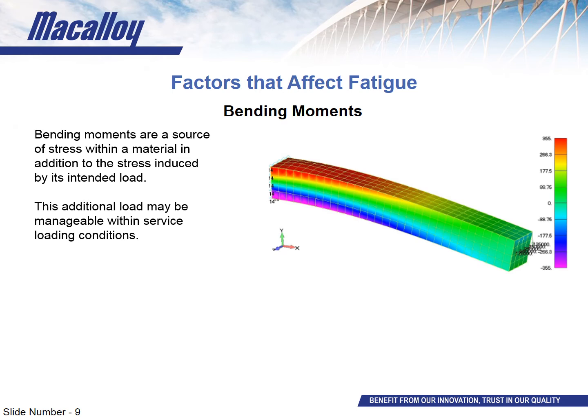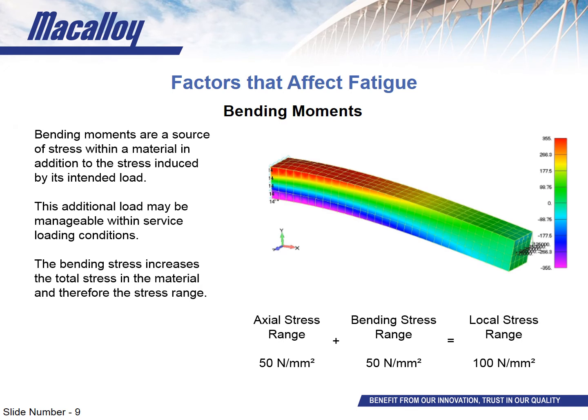Now, on occasion, it is manageable if the fatigue requirements are low or if there's a lot of redundancy in the member. However, if the fatigue loading is harsh, a bending moment amplifies this significantly. The reason behind this is, as the load oscillates, and then the stress does with it, the two stresses change independently of one another. So if the stress range because of the axial load is 50 newtons per millimeter squared, and then the stress range as a result of the bending moment is 50 newtons per millimeter squared, that localized stress range is 100 newtons per millimeter squared,